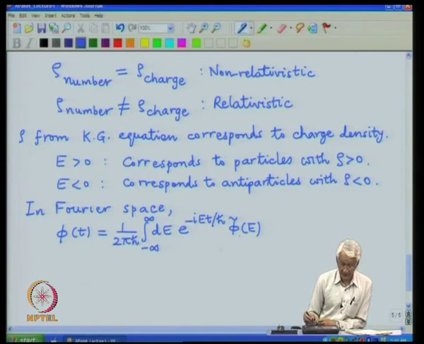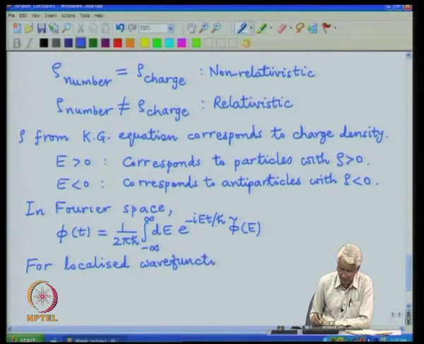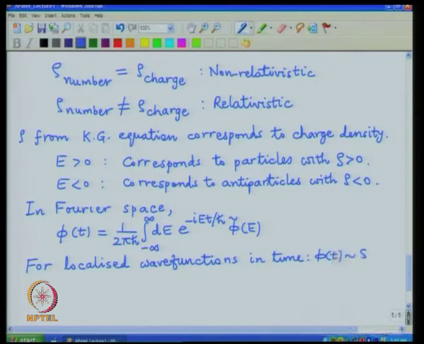Now, let us look at just the subspace of this energy region where by hand we say that we want to change these integration limits from 0 to infinity, and that will put some restrictions on the property of the time dependence of this function, because the integration limits are changing. And there are certain kinds of wave functions which have trouble getting expressed when the integration limits are changed. For example, for localized wave functions in time, we would like a dependence where phi of t is, at some particular instant t 0, defined by a certain distribution.